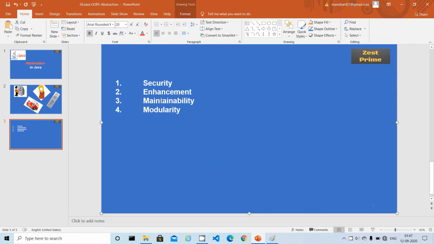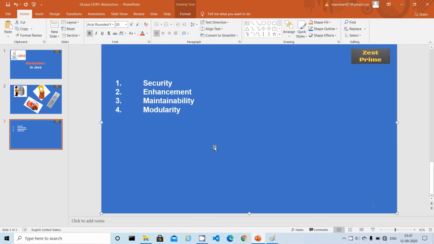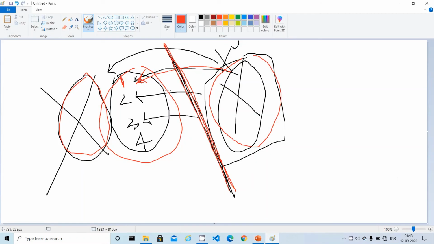The third advantage is that maintainability is very easy, because these two are loosely coupled. There is no dependency between them except the service name. So the maintenance is very easy, and there is no complexity. The final one is modularity, like I said. We have segregated modules over here. This is the service API names, and this is the service implementation. You can consider your database, your technology, your queries, all those things as modules. At any time you can change any module.